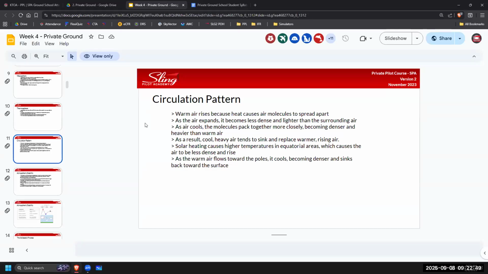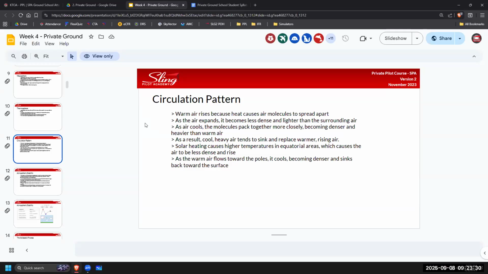We're talking about density of air in relation to temperature. So we heat up the air, the molecules move around, they spread out. Spreading out means less dense air, means it's expanding, becoming less dense. That makes it lighter than surrounding air, so that air moves upward, rises. Then the opposite: as air cools, those molecules are coming back together, packing together closely. Since they're packed together closely, that's creating a denser area. That dense area thus sinks because it's more dense. So sinking cool air, rising hot air.